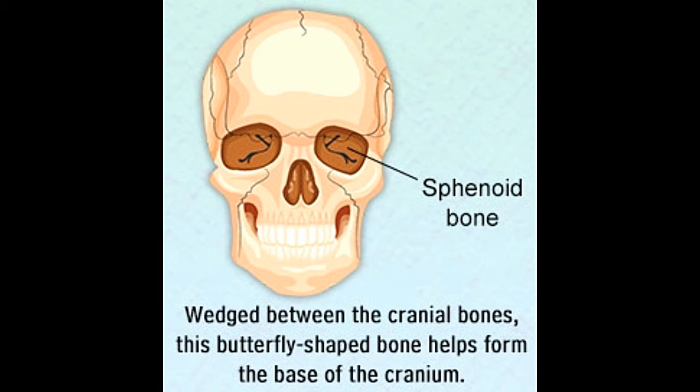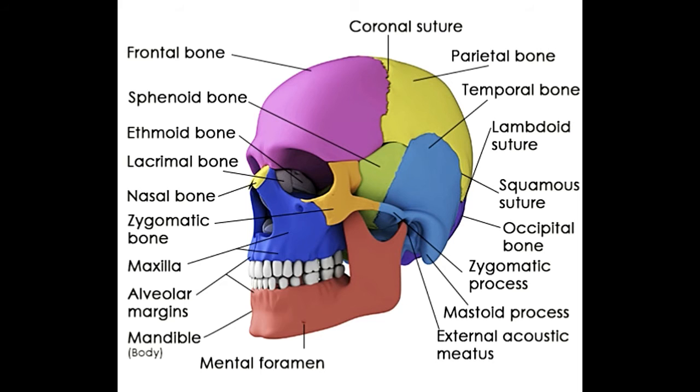The main function of the sphenoid bone is that it helps in the formation of the sides of the skull, the base of the neurocranium, as well as the floors. It also helps in the formation of the walls of each of the orbits, which are the 2 cavities that contain the eyes. This bone lies anterior to the temporal bones and forms the base of the cranium, right behind the orbits. Sphenoid bone location. Sphenoid bone anatomy.